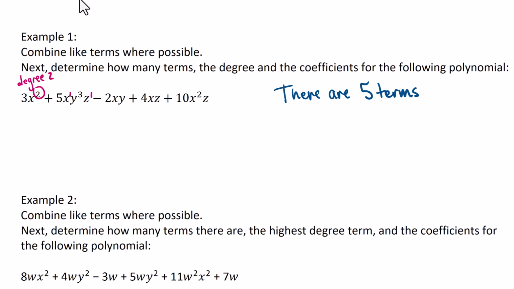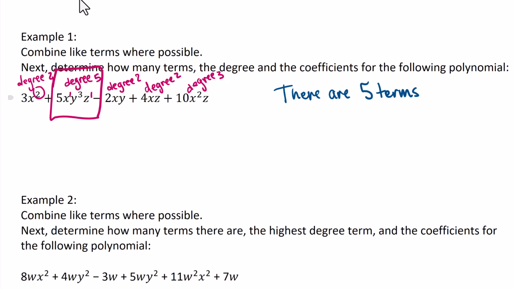So this is going to be degree 5. Negative 2xy is degree 2. 4xz is degree 2. And 10x squared z is degree 3. So the highest degree term is this one here,